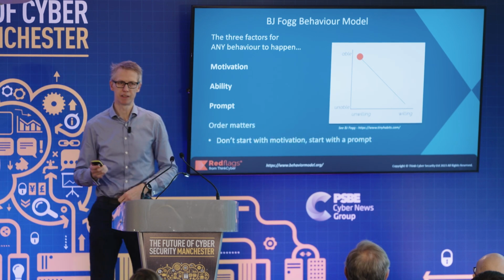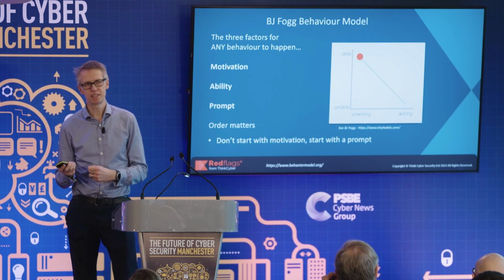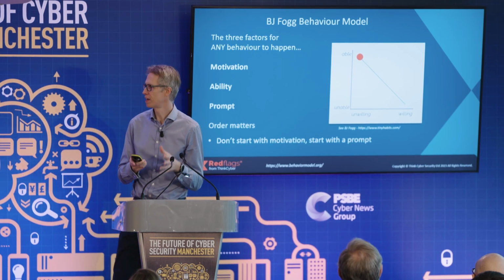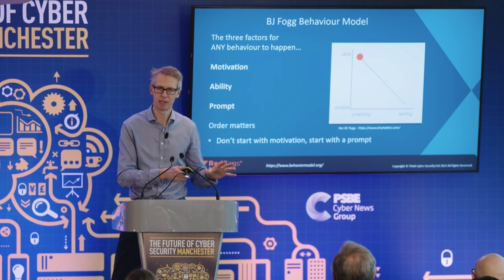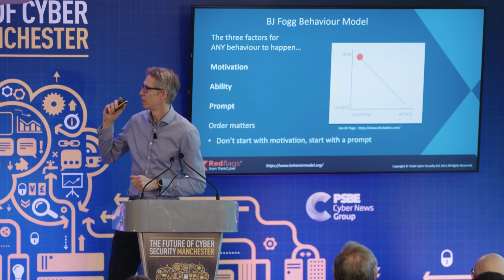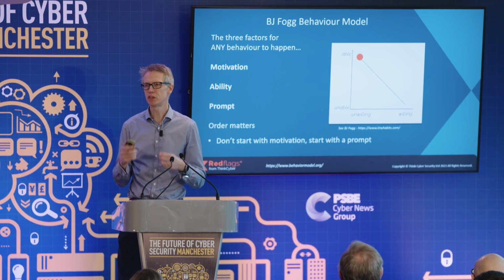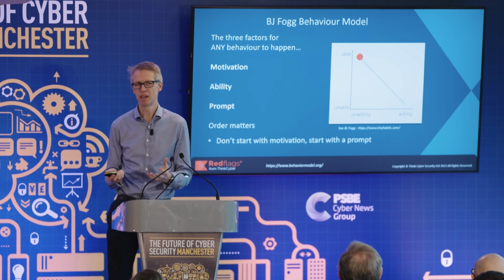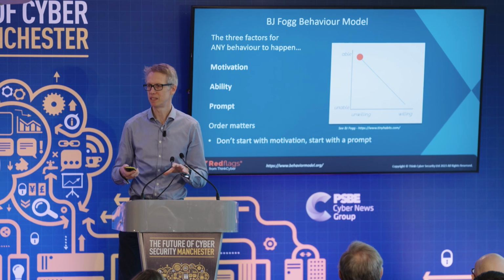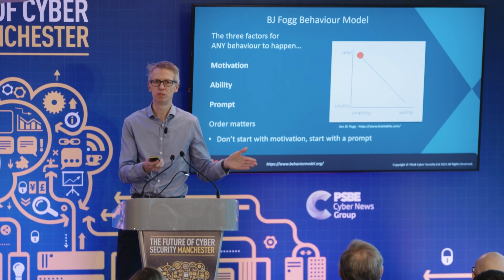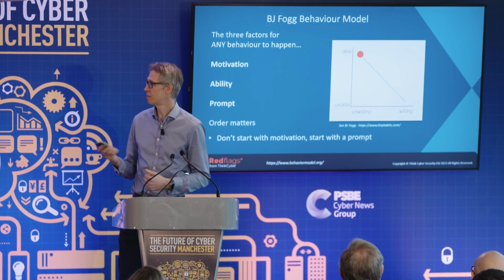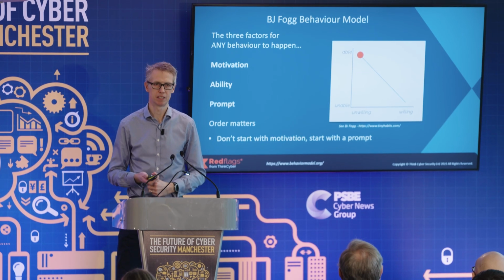The other really interesting thing Fogg highlights is that order matters. So in the industry, we've always focused very much on motivation. Let's scare people into acting. Fogg says that you actually need the reverse order here. Start with the prompt. And it kind of makes sense. If you could just gently nudge someone to act in a way, and you don't need to worry about motivation and ability, and you get the action, well, you can stop there. If the nudge isn't enough, then ability, and then finally turn to motivation.